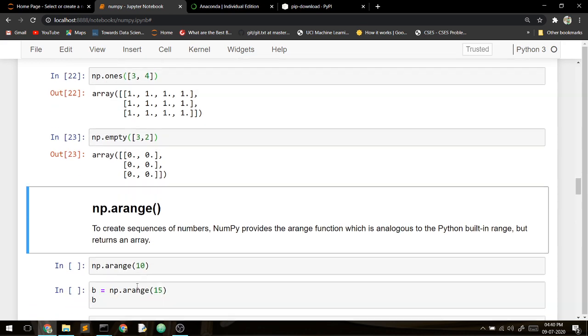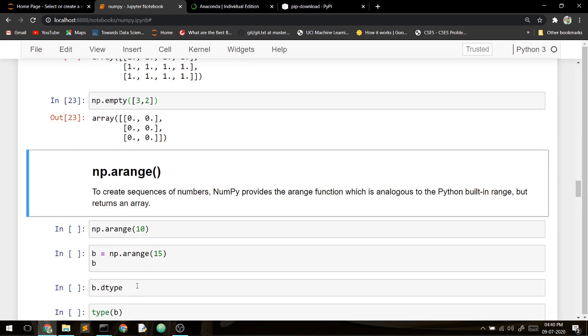Okay. Now NumPy has a function arange. It is used to create sequences of numbers. If you have used any for loop earlier in Python, or if you don't know about for loops, you can refer to Tanmay's video, the link will be given. For that, what a range is, in simple Python, we can see range 2, range 5. Range 5 means 0, 1, 2, 3, 4.